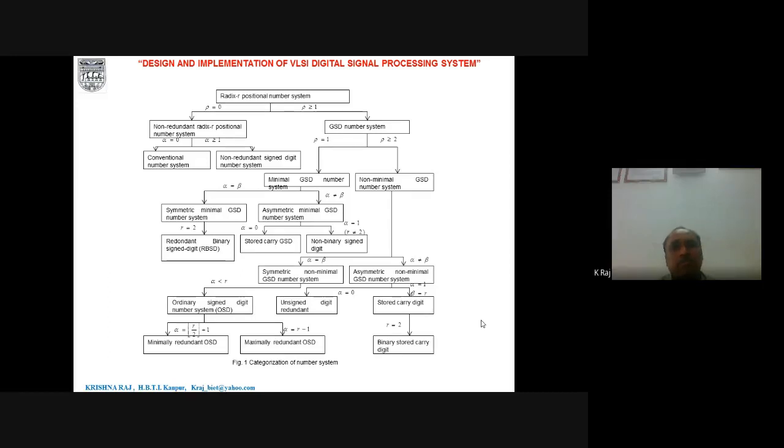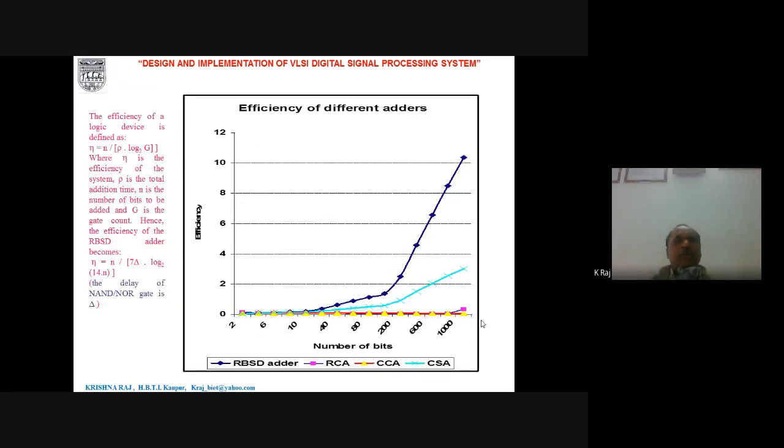For that purpose, we can use a new number system. In place of using the traditional number system, now we can use a new number system. For example, if we use the traditional number system, what happens? Carry generation takes place. Now, why is the carry generated? Because its nature is additive. There are two levels, one is 0 and the second one is 1. Both are positive here. So there is a nature to generate the carry, and that carry will be propagated.